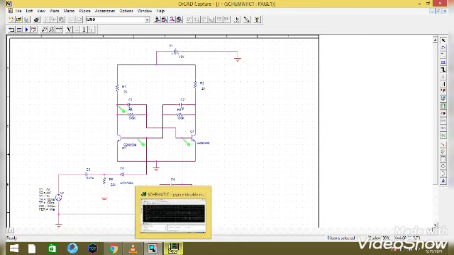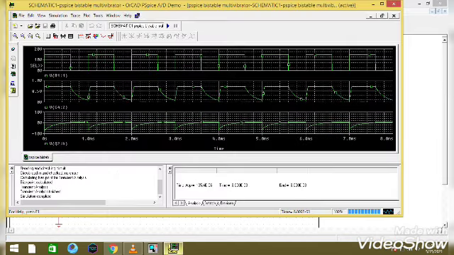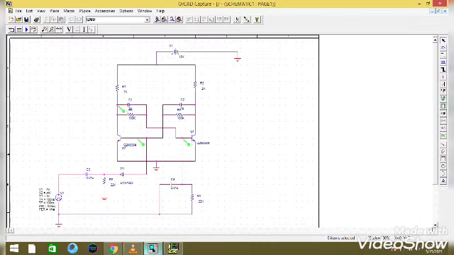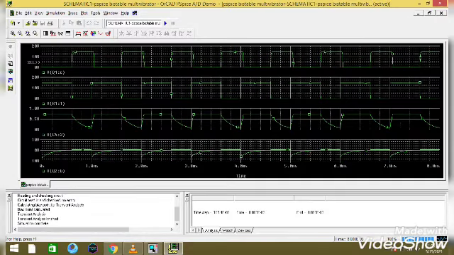Now you can see 3 outputs. One more output. Go to plot, add plot to window and place a voltage level marker in collector 2. Now you can see 4 outputs separately, which is the correct output for the bistable multivibrator.